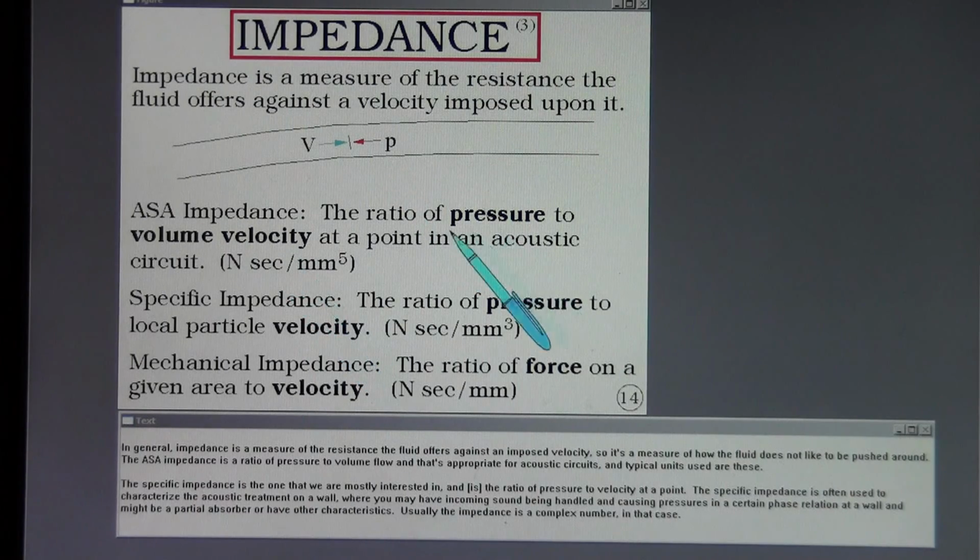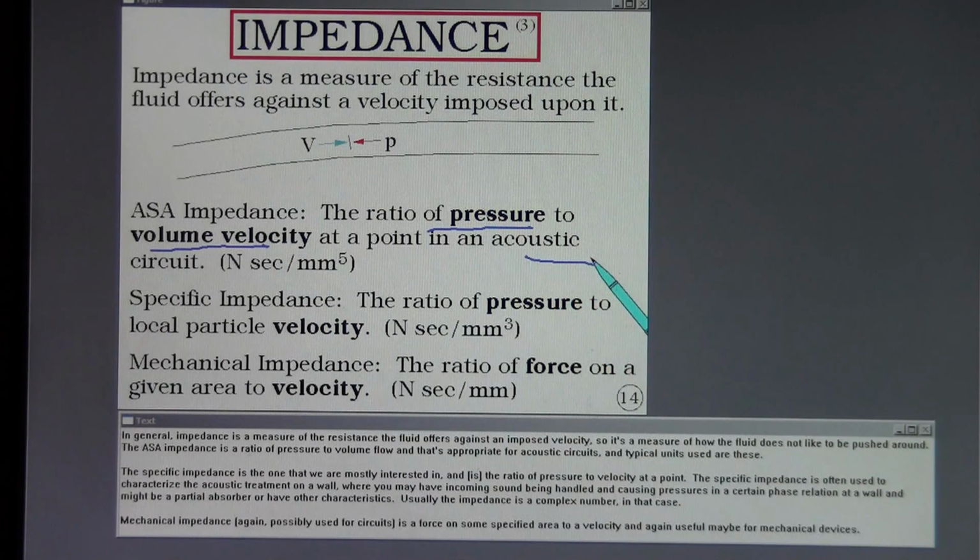The ASA impedance is a ratio of pressure to volume flow, and that's appropriate for acoustic circuits. And typical units used are these. The specific impedance